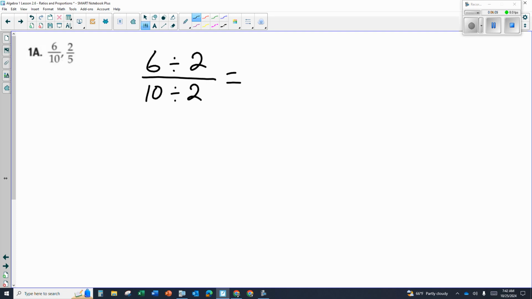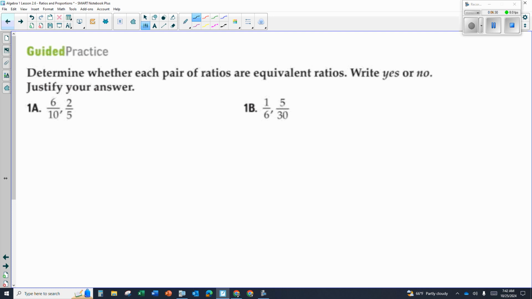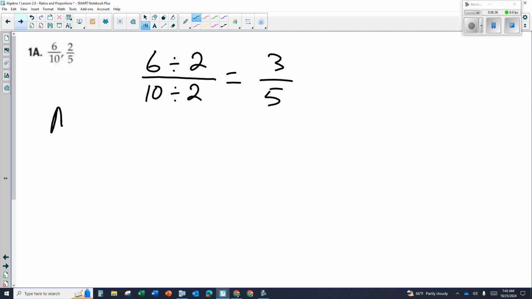So 6 divided by 2 in the numerator gives me 3. 10 divided by 2 gives me 5. And 3 and 5 are prime, so that's the simplest form. 3/5 does not equal 2/5, so 6/10 and 2/5 are not equivalent. They're not equivalent ratios, so it would be no. It says determine whether they're equivalent. So this would be no,